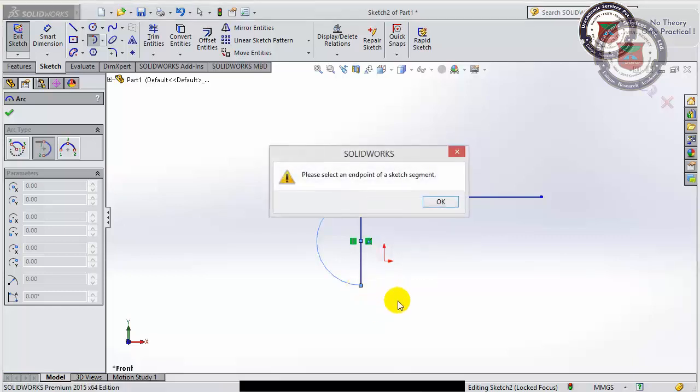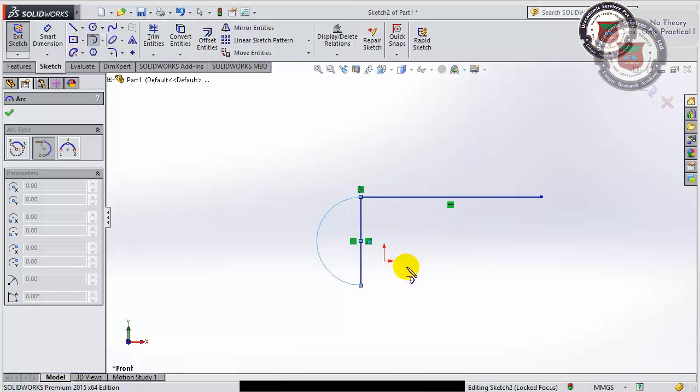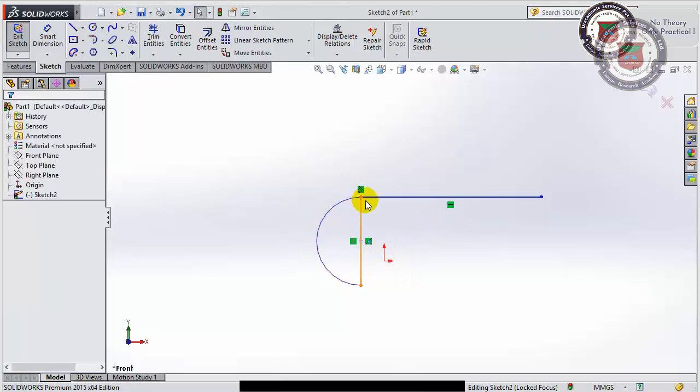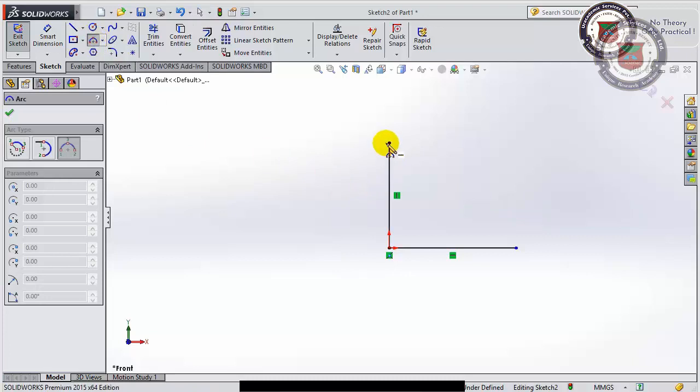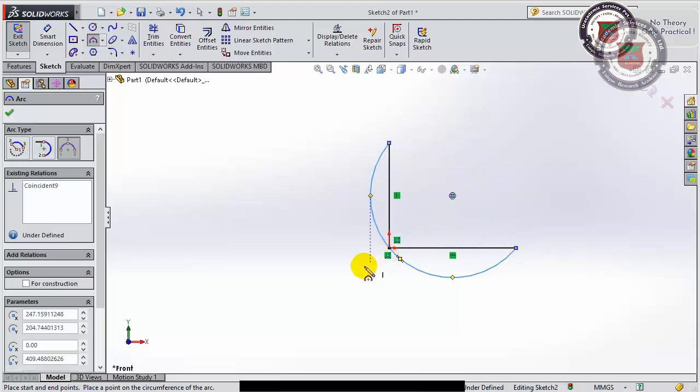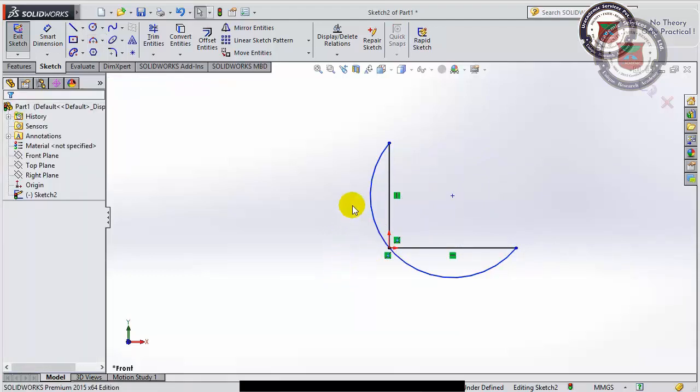So this is our tangent arc. This is tangent to this line, and we can make the tangent arc. Third one is a 3-point arc. I'm taking the 3-point arc. I click on this point, then this one is my second point, and then this one is my third point. The arc is generated.